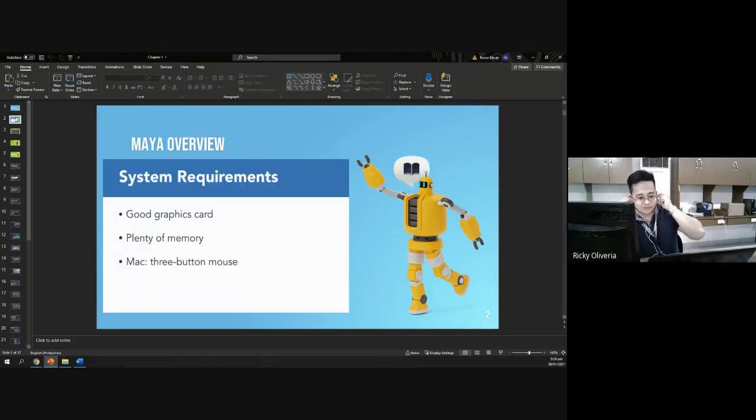Siyempre, unang titignan natin yung system requirements. So, if your system is capable of installing Autodesk 3D Max, most probably you are also capable of installing Maya. Okay, mas magaan ng konti kasi yung Maya kesa sa 3D Max. So, in terms of version,